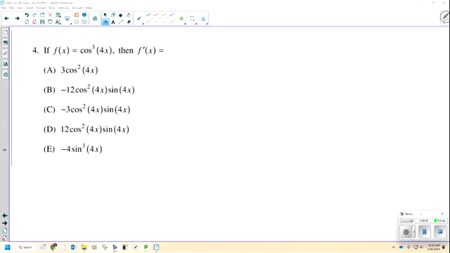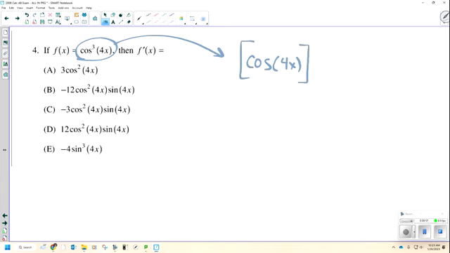Number 4, if f of x is the cosine cubed of 4x, then f prime of x is. We are just taking the derivative of this function right here. What I tell my students all the time is, any instance you see an exponent in trigonometry written like that, immediately rewrite it. We have the cosine of 4x all cubed, because it is easier to understand that you've got to do the chain rule when you see it like that. I highly suggest you rewrite it, and then at the end, put the exponent back in next to the